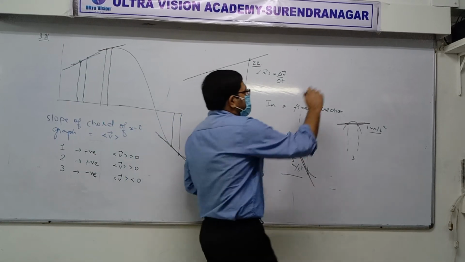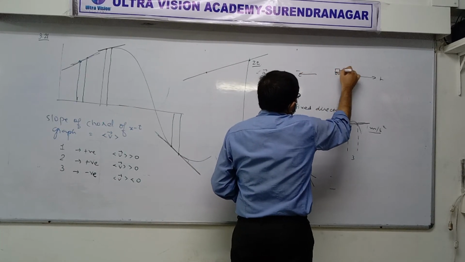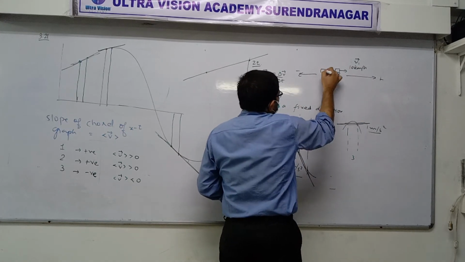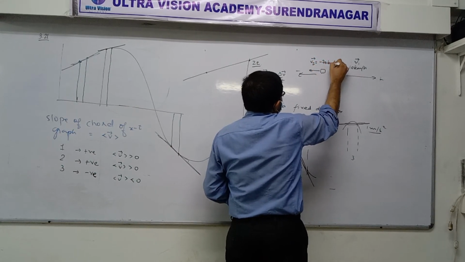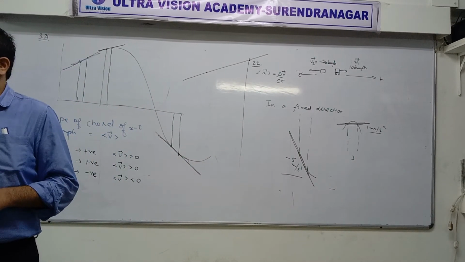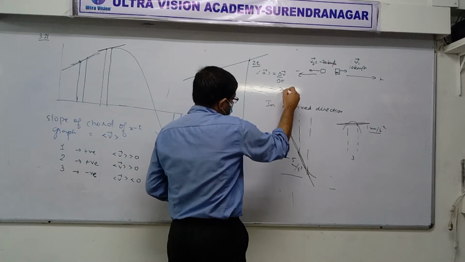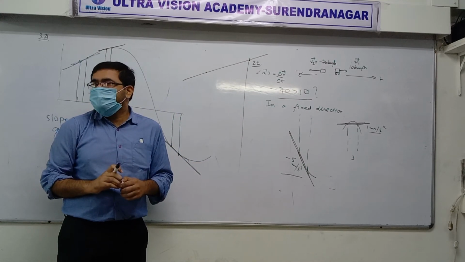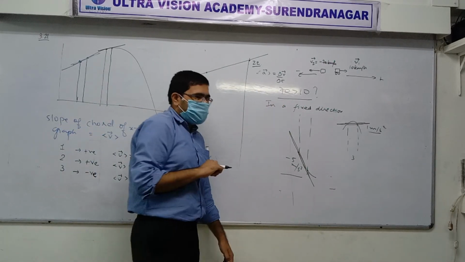Let me ask you another question. Suppose right side is positive, left side is negative. There is one scooter or one vehicle that is moving towards the right side with a velocity of 10 km/h. Any velocity. And there is another vehicle which is moving towards the left side with a velocity v2 vector which is -70 km/h. Then whose velocity is more? First or second? Second? Yes. You are saying that -70 is greater than 10? You are saying this, correct or not?